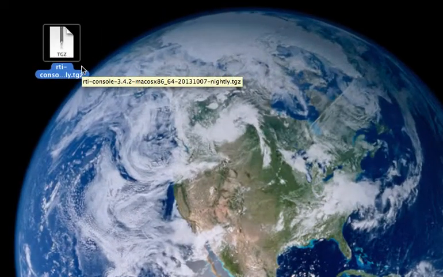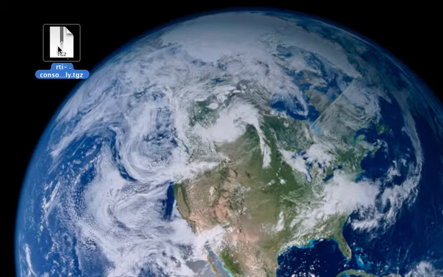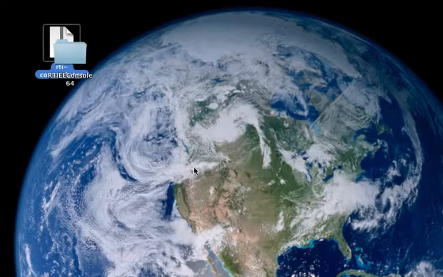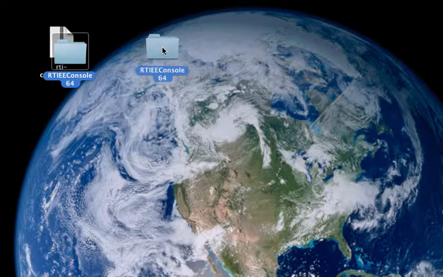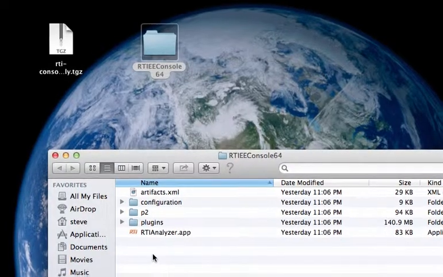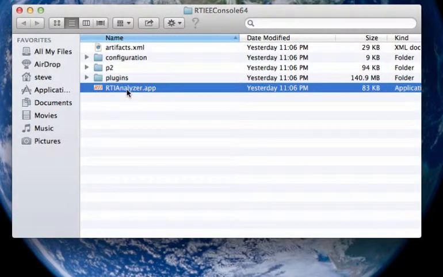I've downloaded the RTI Mac console tar file to my laptop where I want to install it. To do that, I need to first double click on the archive to expand it. That will create this folder. That's really all I have to do to install the RTI console. If I explore that folder, the console application is this app right here, and I can double click to start